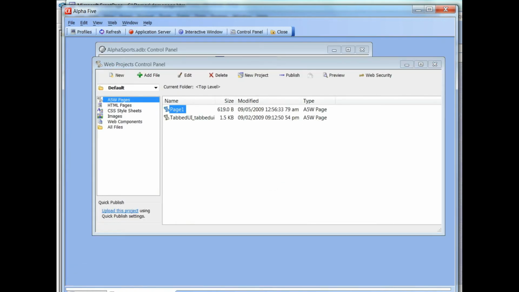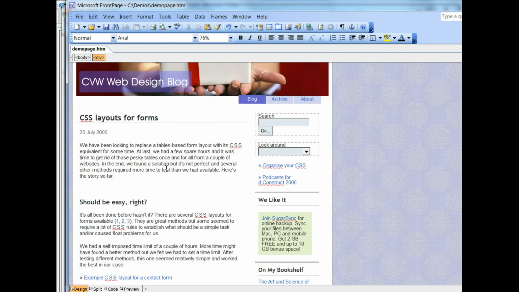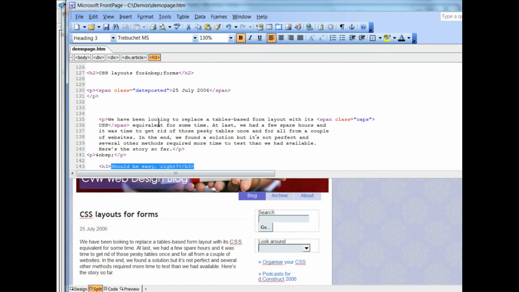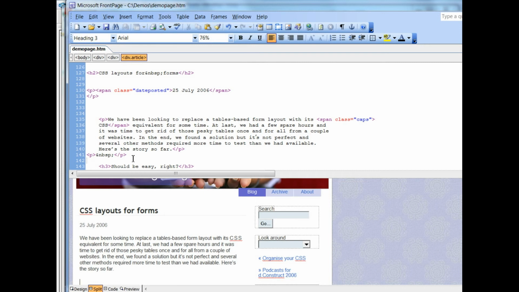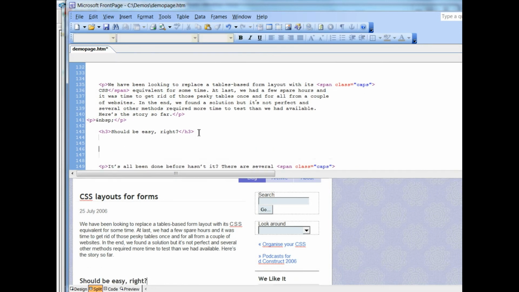So let's go over to Frontpage right now, where I'm editing a page. This just happens to be a page that I simply copied off the web. And let's assume that in this page I'd like to insert a grid component right there. So I'm going to highlight some text to create a placeholder for me, and I'm going to switch over into split view so I can see the HTML, and I'd like to insert my component right underneath that heading. So I'm going to go there and open up some space in the Frontpage document, and then